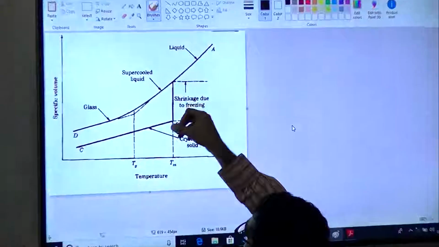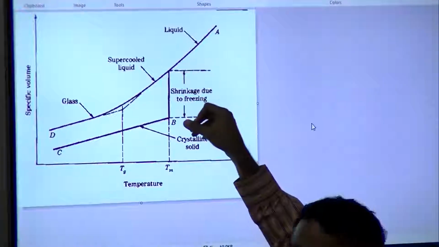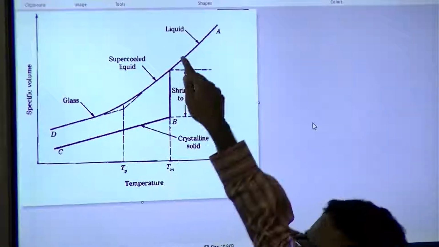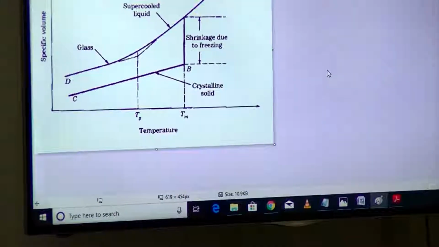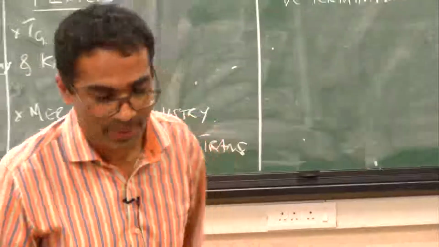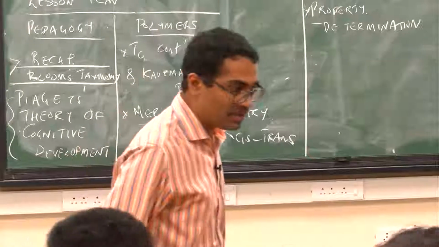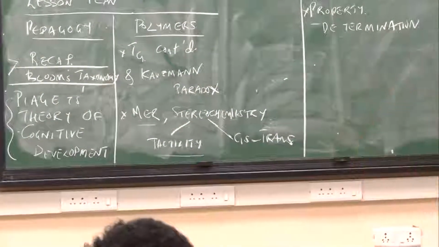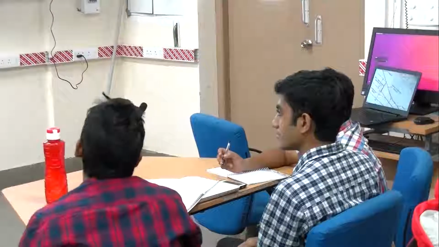So, this is actually the solid to liquid phase transition, but there is no equivalent dramatic event actually happening. And then there is a phrase, supercooled liquid. What does supercooled liquid mean? Can you discuss with one another? Why do you call this supercooled liquid? Can you discuss with one another just a wee bit for, let us say, a minute or two? So, why is it called supercooled liquid?